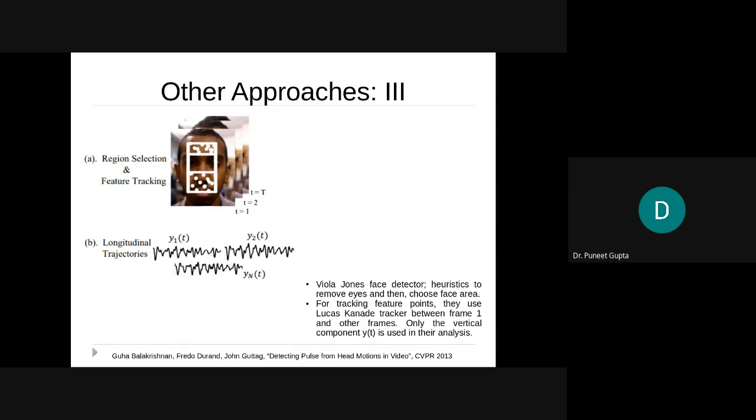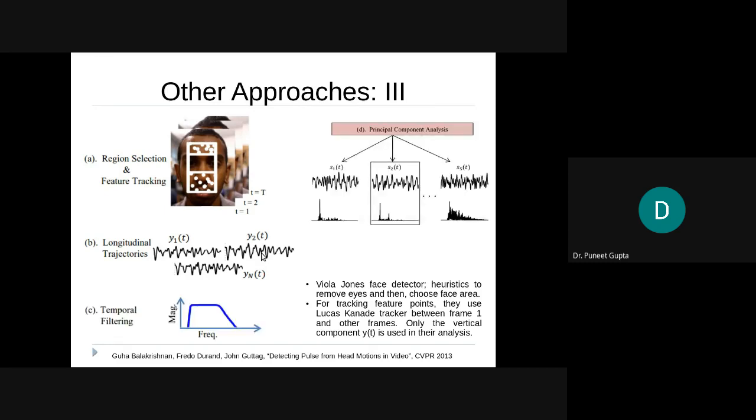So yeah, in our case, we just analyze this y direction. Temporal signals are extracted. After that, most of those things would remain the same. You have these temporal signals, you apply some bandpass filtering over them, then apply blind source separation, let's say principal component analysis. Then you get different sources out of it. Which source should you pick? Well, in order to do that, they use periodicity. They convert the signal into a frequency transform, see which one is highly periodic, and they say, okay, whichever is the most periodic, they assign that, yes, this is my pulse signal. This is another approach.